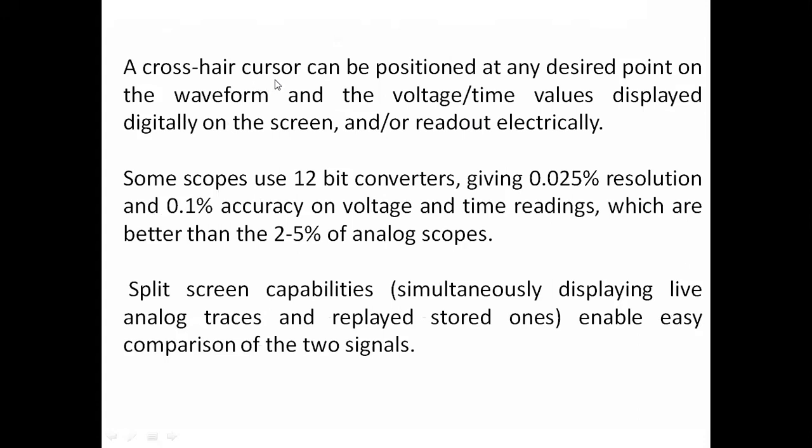We can also have a cursor on that CRT screen. With that cursor we can identify the voltage and time values displayed on the screen. By placing the cursor on a particular portion of the signal, we get the time and the amplitude of the waveform at that point. That is one of the advantages. Suppose we have a waveform like this, and we have a cursor here. When we place this cursor here, at that particular point